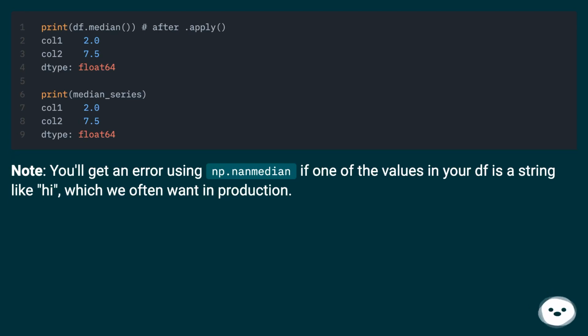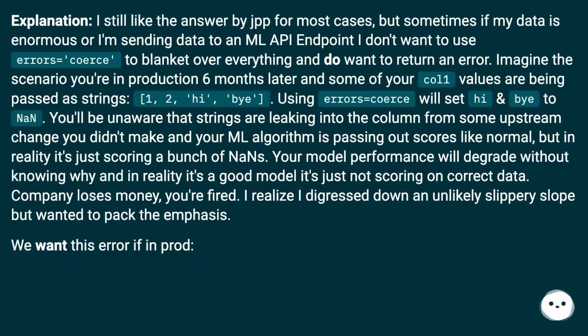Note, you'll get an error using np.nanmedian if one of the values in your df is a string like "hi", which we often want in production. Explanation: I still like the answer by JPP for most cases, but sometimes if my data is enormous or I'm sending data to an ML API endpoint, I don't want to use errors=coerce to blanket over everything and do want